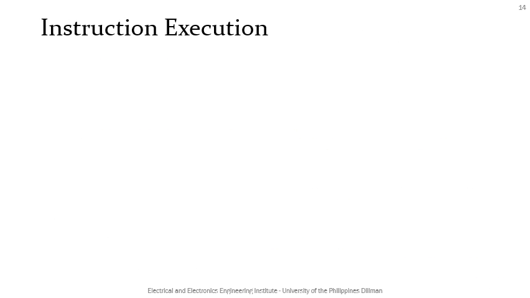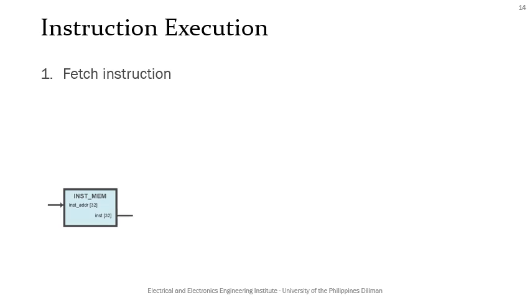To guide us in identifying the necessary hardware and connections for our MIPS data path, we list first the smaller steps or tasks that need to be done in executing an instruction. Although we'll only consider a few instructions in this lecture, we'll see later on that other MIPS instructions will follow the same sequence. First, we need to get the instruction. We are already familiar with the stored program concept where the instructions are stored in memory. To retrieve the instruction, we need to access the memory by providing the instruction's address, which is stored in some register called the PC or program counter.